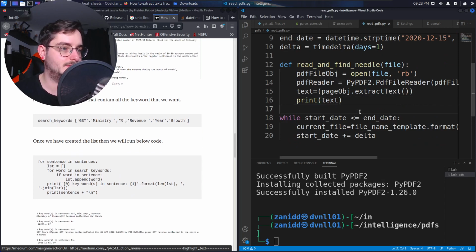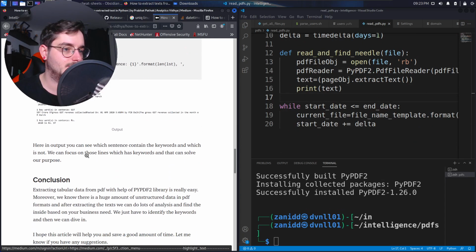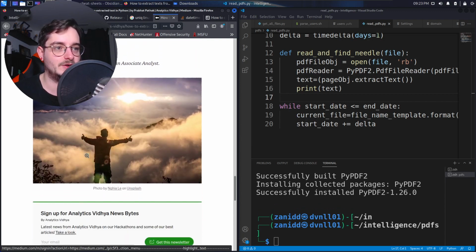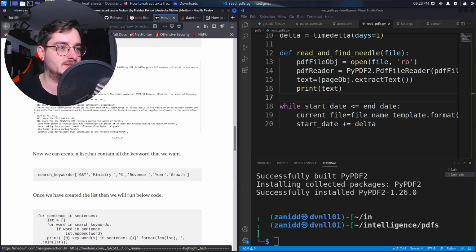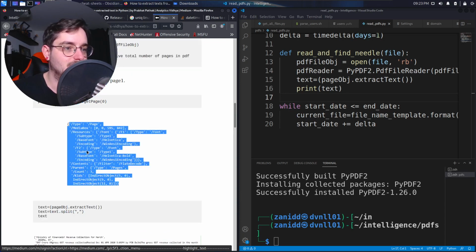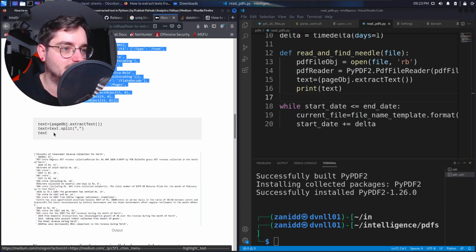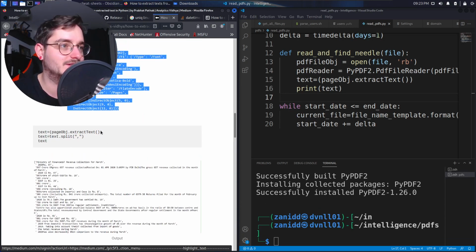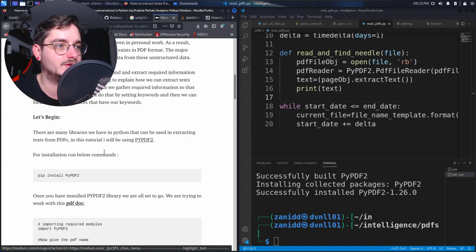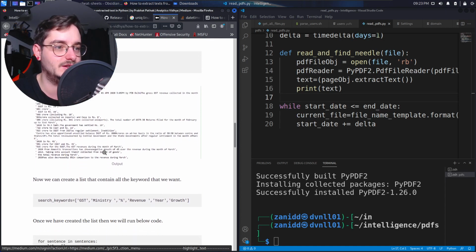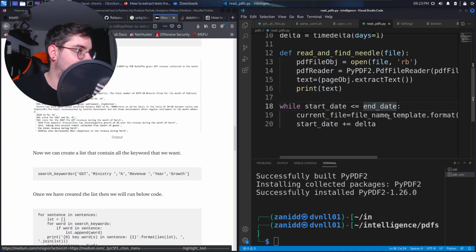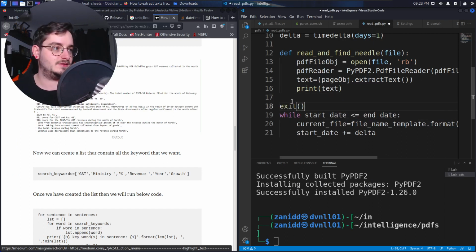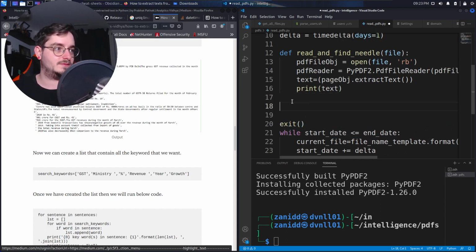All right, all right. That's why I wanted an entire code and not just pieced together pieces that aren't even, some are missing things. That's like the best tutorial I could have gotten. Yay, good job me. So back to this, let's actually exit here and just read and find needle of the